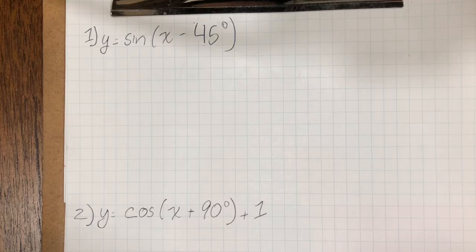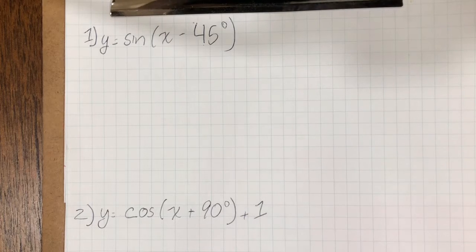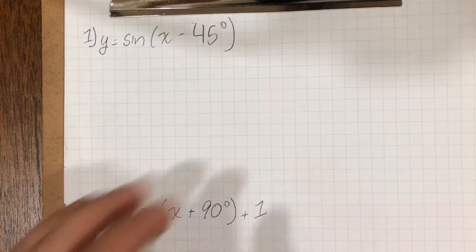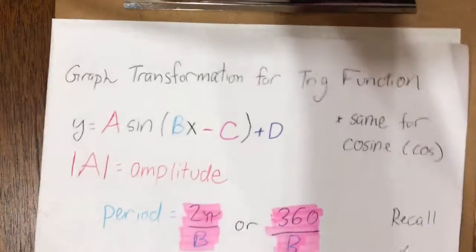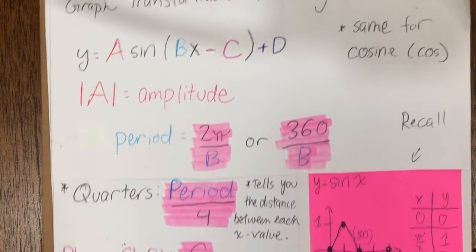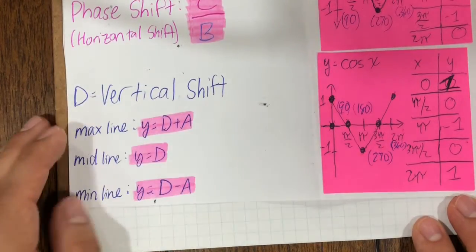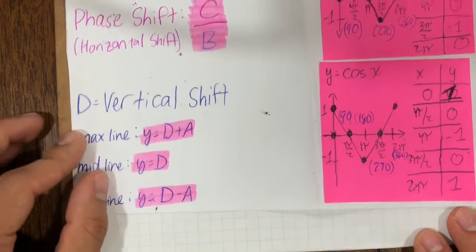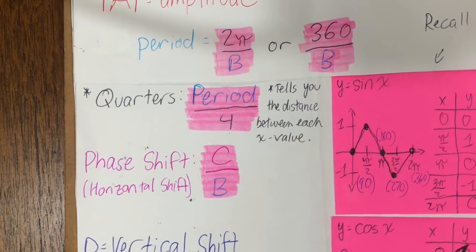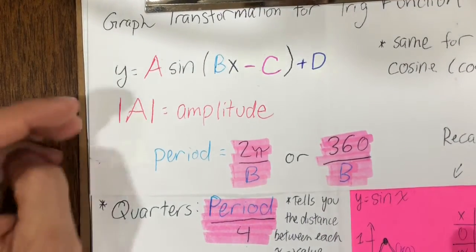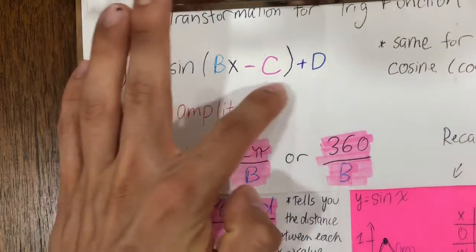In this video, we're going to continue to take a look at examples of graphing trig functions with graph transformations. All right, now what we're going to do for each example is figure out all of the information for the function. And what I mean by that is the amplitude, the period, the quarters, the phase shift, and the vertical shift with all the three lines. We're going to label all of the information for that specific trig function, but we're also going to label the numbers that represent A, B, C, and